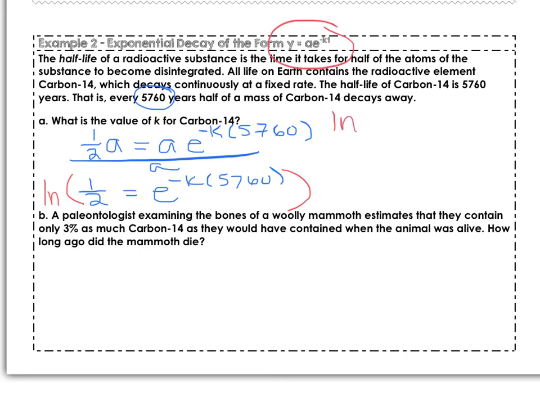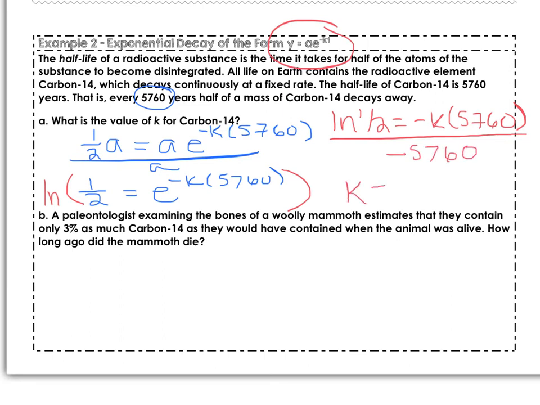So the natural log of 1/2 is equal to negative k times 5,760. I'm going to divide both sides by negative 5,760, so that we get that k is approximately 0.00012. Alright, so then in the next problem, we're actually going to plug in the information that we are provided,